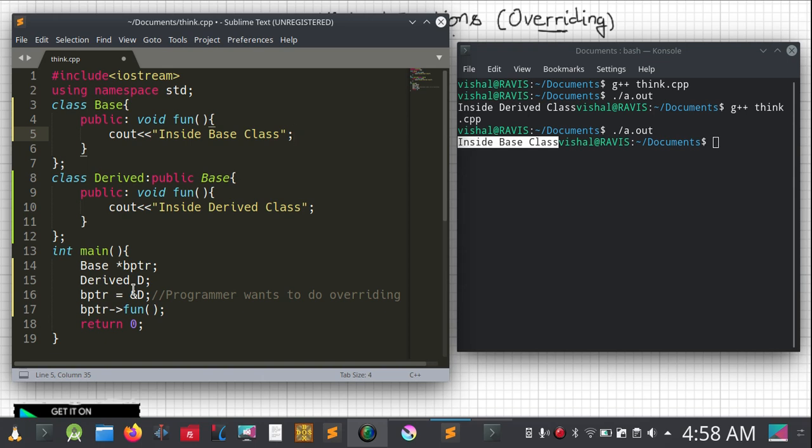So in order to do that, I will just declare this function as a virtual function by using this keyword virtual. Whenever you declare a virtual function inside a base class, it does not matter which pointer or which reference you are using. Whenever you call the function using any reference, even if the reference is of the base pointer, it will override this virtual function,